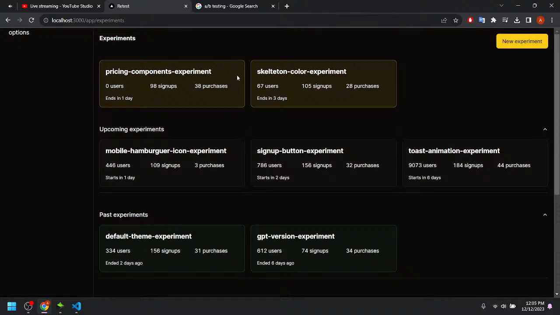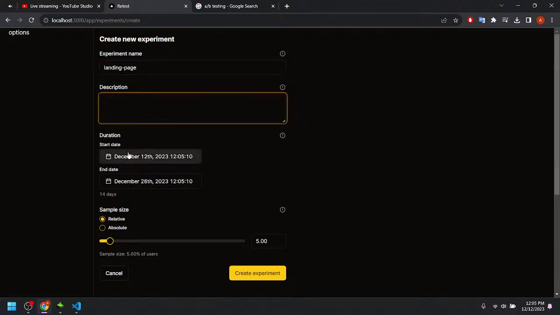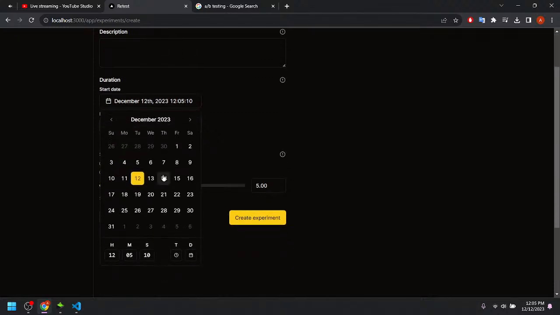An experiment could be, for example, a landing page experiment, with an optional description, and we can establish the duration of the experiment.